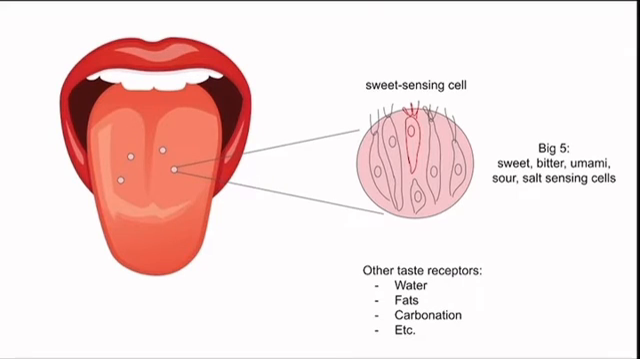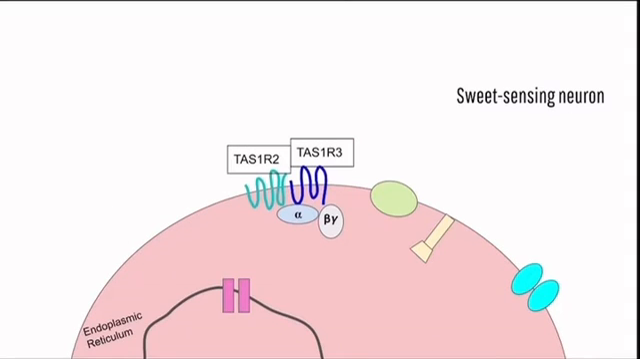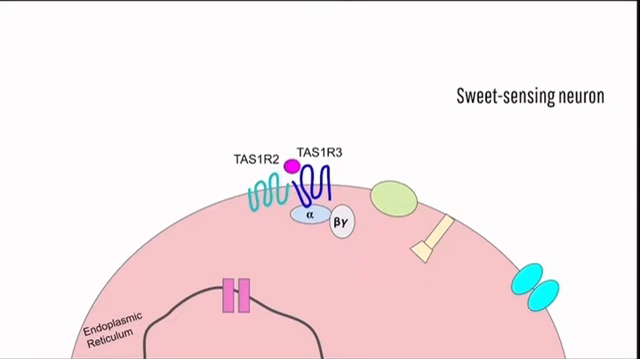We will begin by looking at a sweet-sensing cell on a taste bud, so let's zoom into its cell membrane. Sweet-sensing neurons have G-protein coupled receptor proteins TAS1R2 and TAS1R3. The sweet-sensing neuron only accepts sweet ligands to bind and cause conformational changes in the receptor complex. Once bound, the GPCR will activate the alpha, beta, and gamma subunits, and the G-protein complex will break apart from